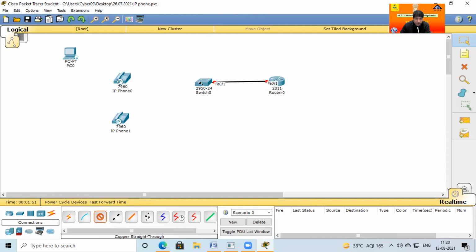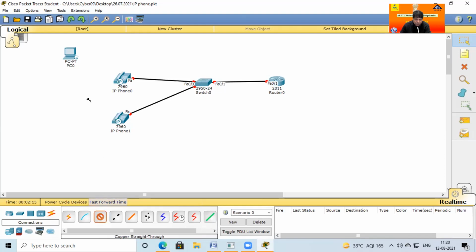Another thing, you can connect your phone via the switch. We have two options, one is the switch, another is the PC. So by name, switch means switch connection. Okay. Another switch we can take here.